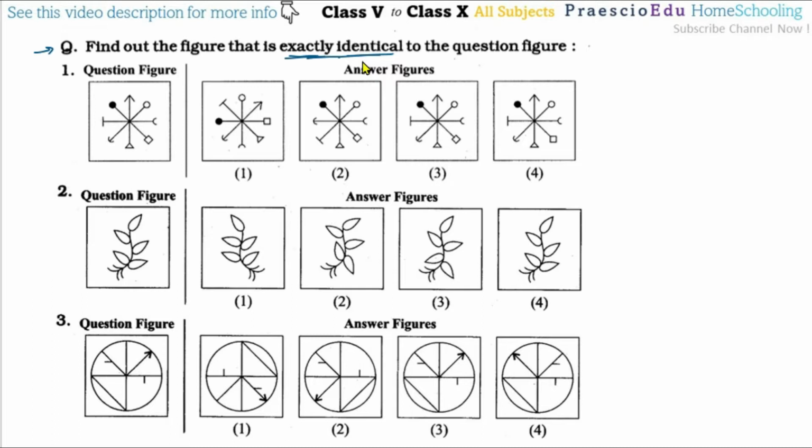All the four corners, the upside, the downside, left side, right side, everything has to be the same. If there are any symbols or geometrical shapes, we also have to understand those. Even their directions, their shaded portions or lined portions, the angles, everything has to be identical. That we have to identify. This can only be found out by observation. Our observation should be very keen on each and every point. Do not be in a hurry or judge your answers very quickly. It may be a mere mistake.